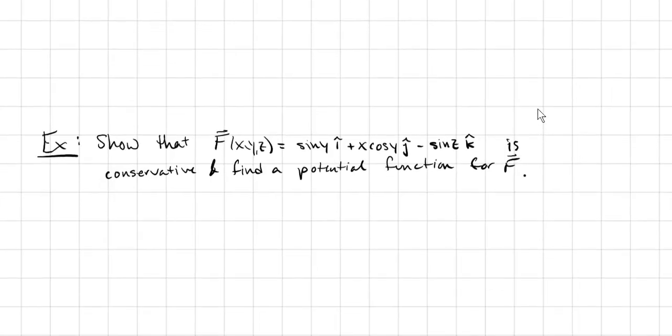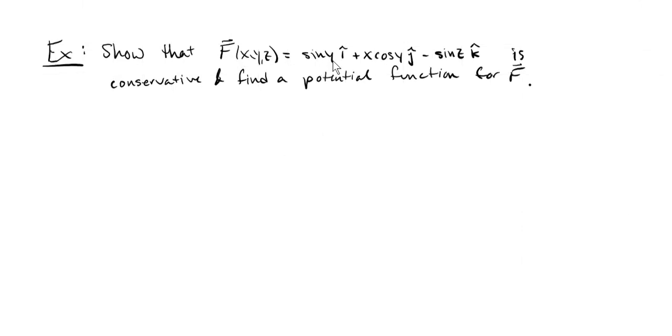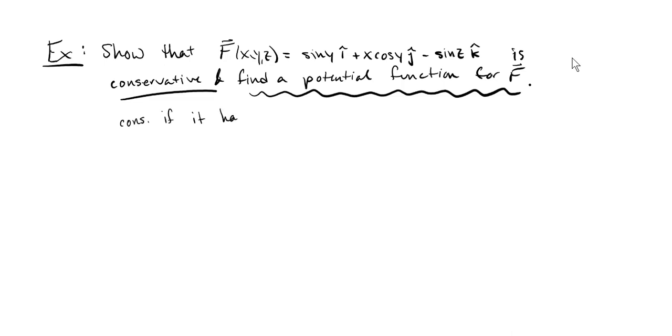So let's go on to another example here. Let's show that this field, sine y in the i direction, x cosine y in the j, minus sine z in the k, is conservative, and find a potential function for this field. So I want to start out here just by saying, well, if we find a potential function, that shows it's conservative, right? That's the definition of being conservative. It's conservative if it has a potential function,